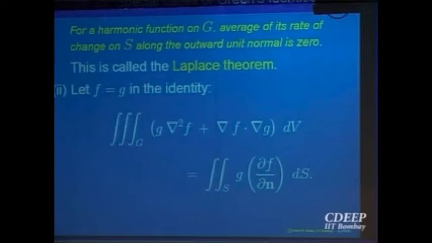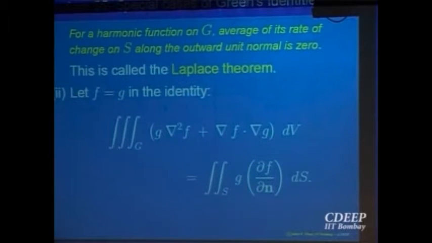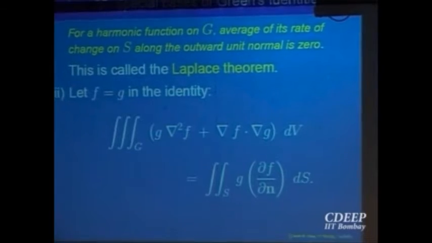So just by saying some property on the boundary, you are able to say everything is known inside also. Or supposing the directional derivative is equal to 0, you don't say the function is 0, but you have another property that the directional derivative is 0 everywhere on the surface. Then also this is equal to 0. Again that will imply the same consequence, that the function will be a constant function inside, since the rate of change on the boundary is equal to 0. So it will be the same constant everywhere, right? So either saying the harmonic function is known on the boundary, or its rate of change along the normal direction is known, it is 0, then you say it is constant everywhere inside, you know it everywhere inside.